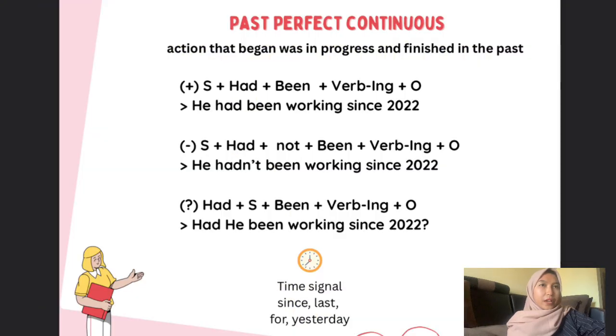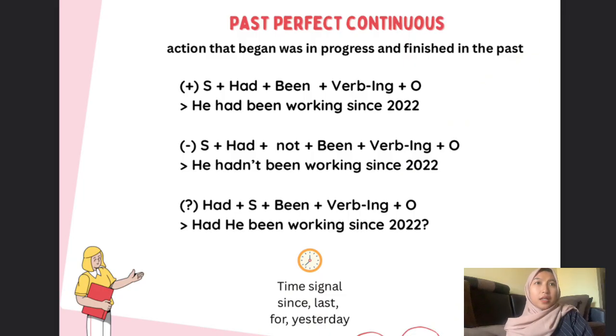Okay, past perfect continuous is an action that began, was in progress, and finished in the past. Nah, jadi ini kegiatan yang dimulai di masa lalu dan selesainya juga di masa lalu. Oke, beda di sini pakai had been plus verb ing karena dia continuous. Every continuous we use verb ing, okay? For the example, in the